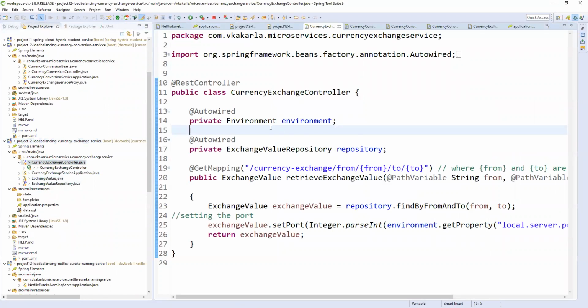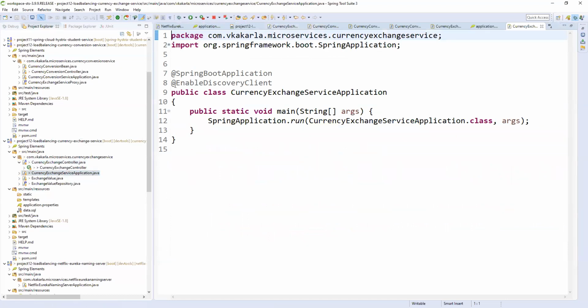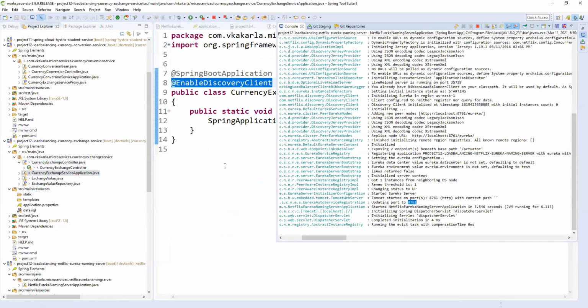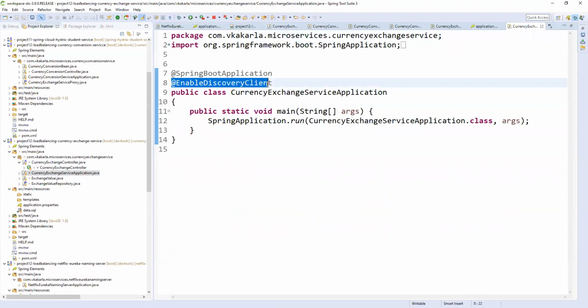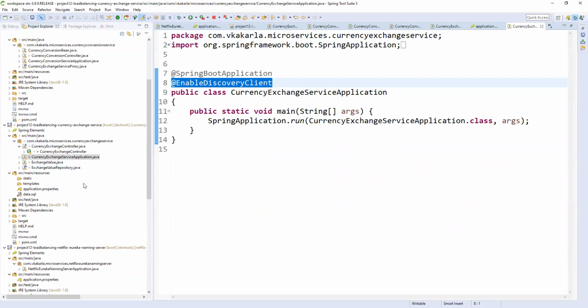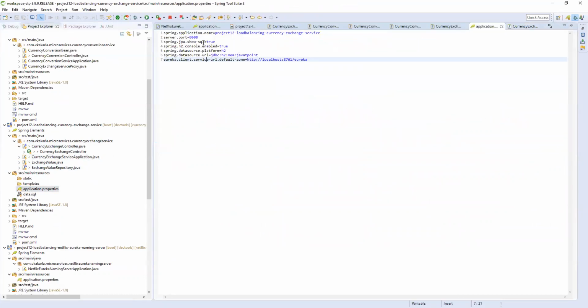So this is the currency exchange service. Let me open the main class. Simply enable discovery client. Enable discovery client means we are going to register this service in a naming service, the Eureka naming service. That is the reason we need to enable discovery client. Fine. And coming to application properties, we need to give this Eureka server URL, so then only our service will be registered with this particular host.